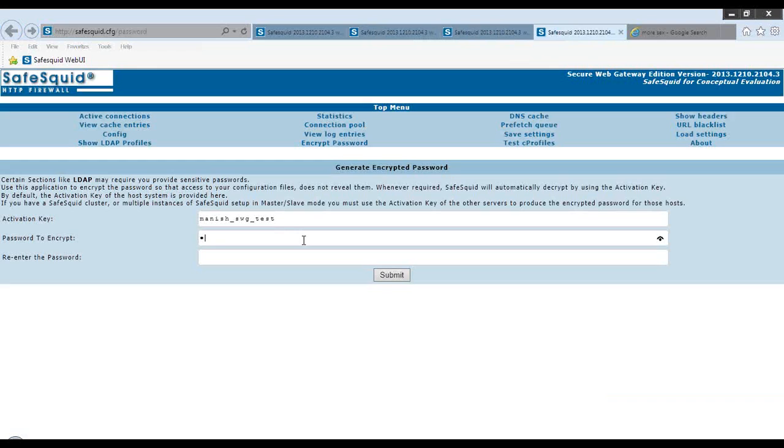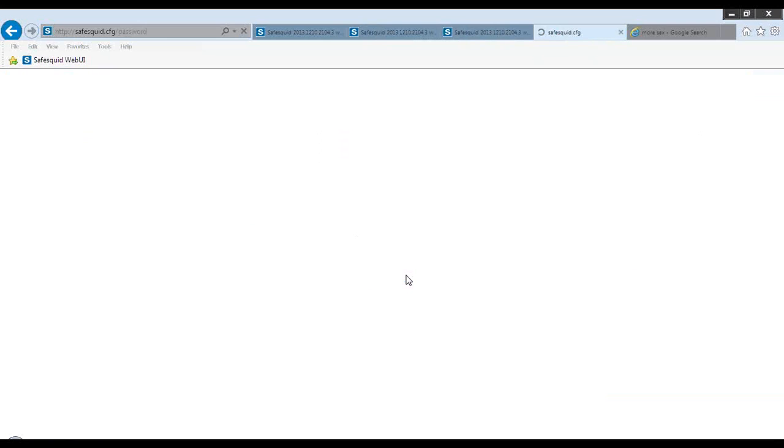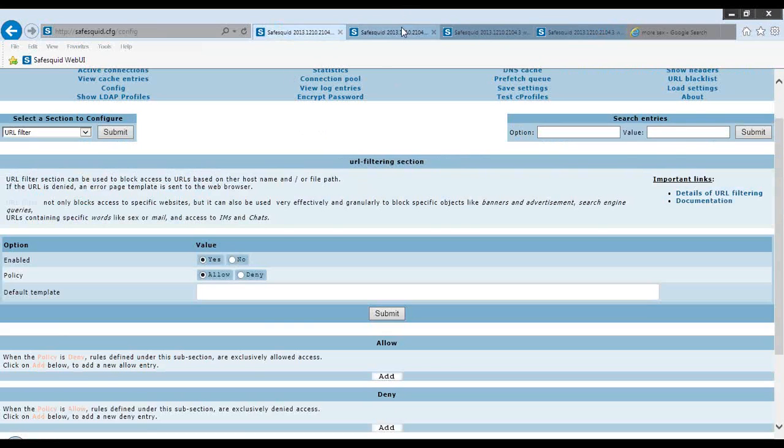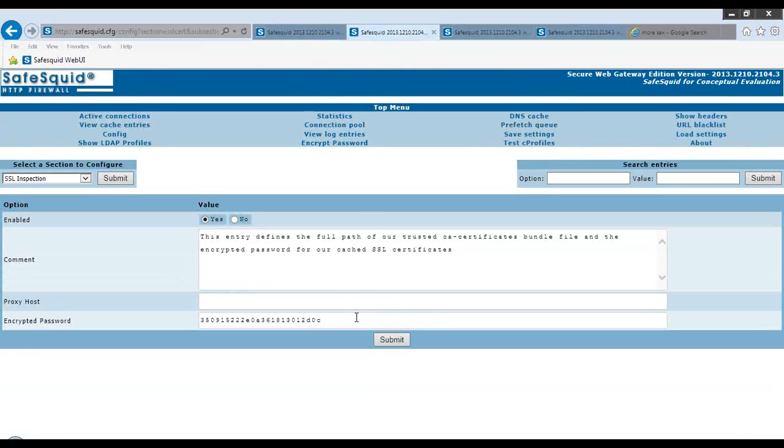It would be like whatever. And I would be required to use this encrypted password to generate my SSL certificate. So I would be putting that encrypted string here rather than the actual passphrase.